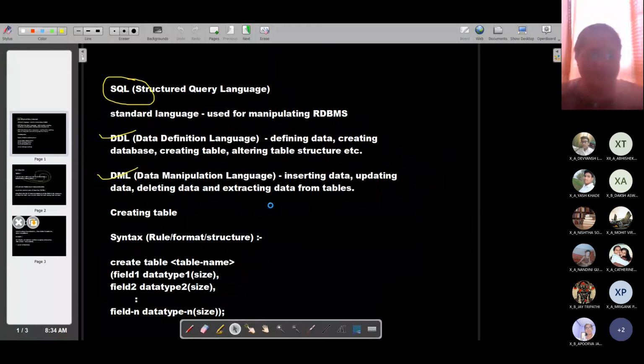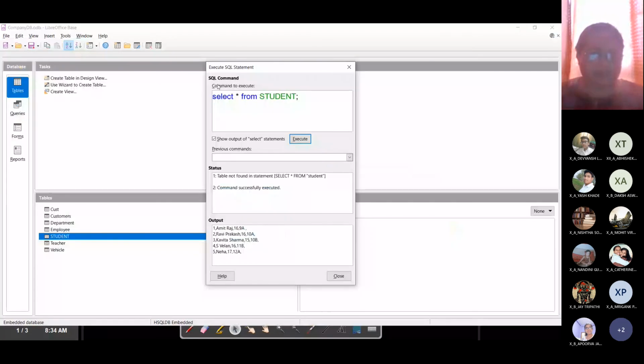Okay, there is some issue with my OpenNote software. Right, let's do the next one.